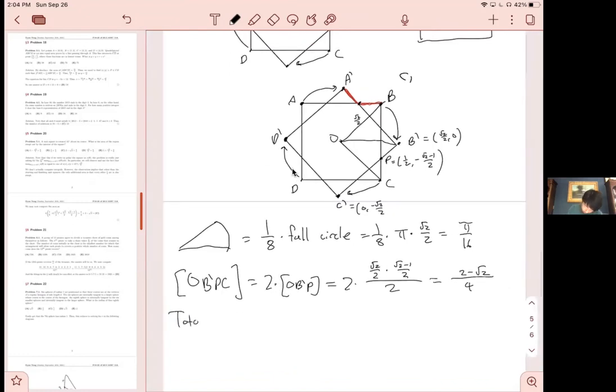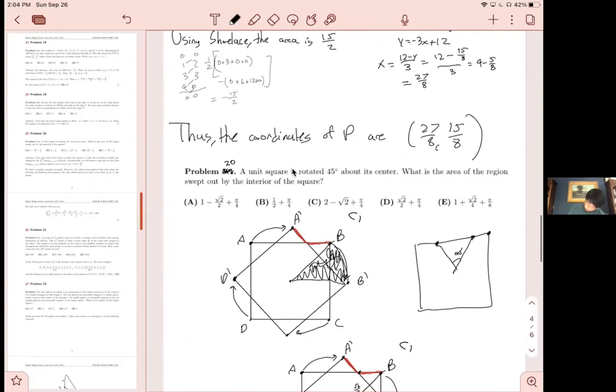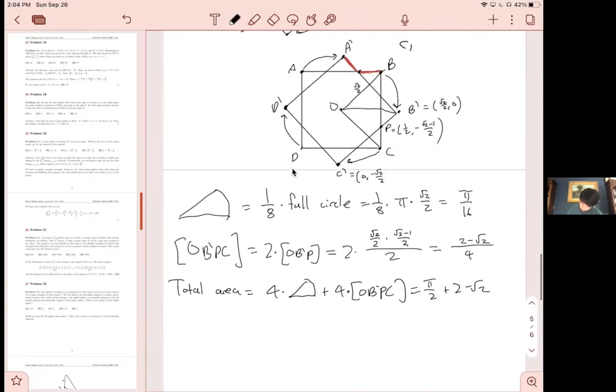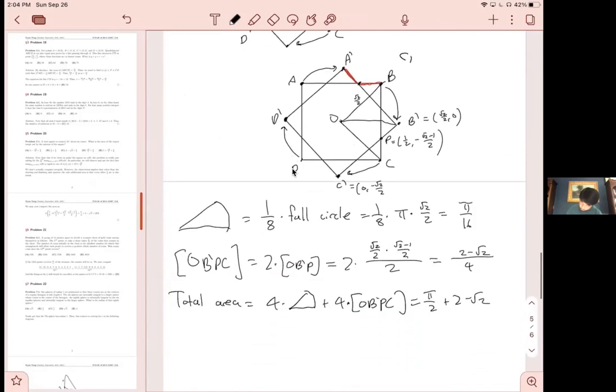And so thus the total area is equal to 4 of the slices plus 4 times OB prime PC, which is equal to pi over 2 plus 2 minus √2. Oh, wait. Pi over